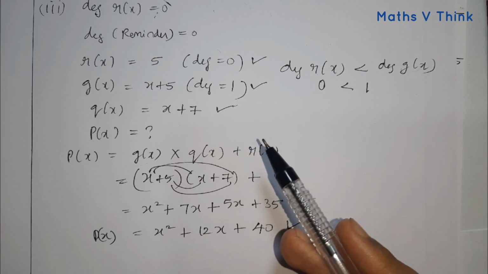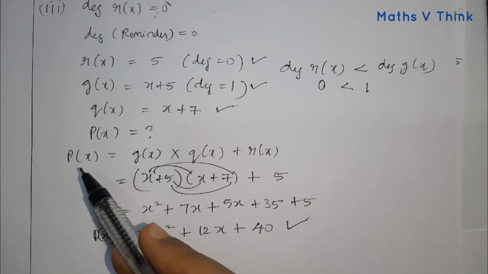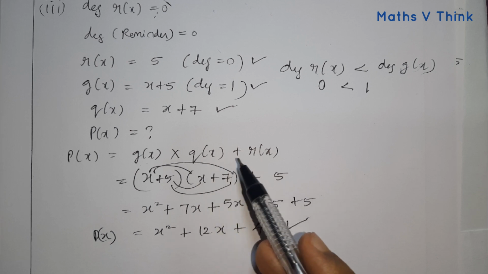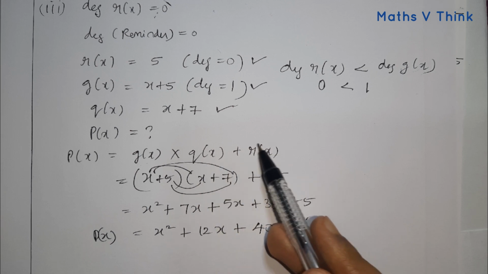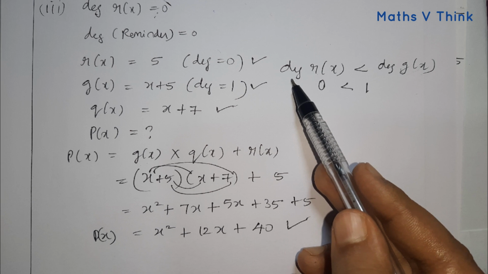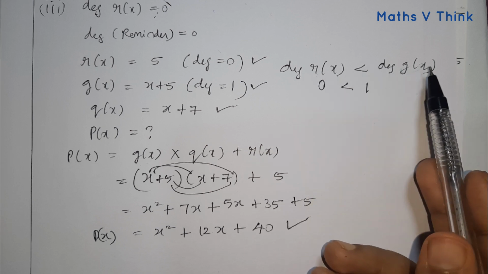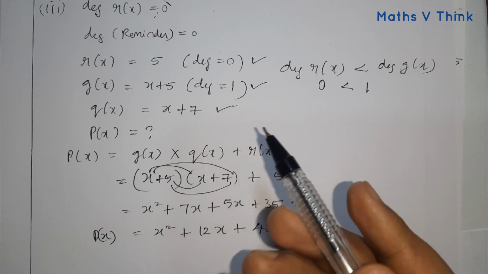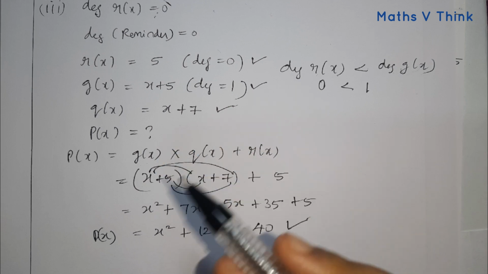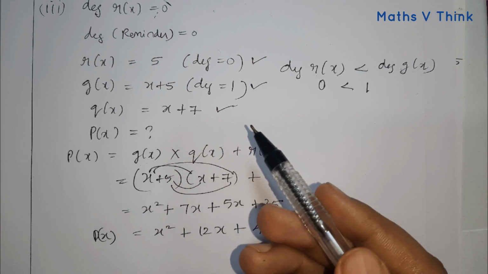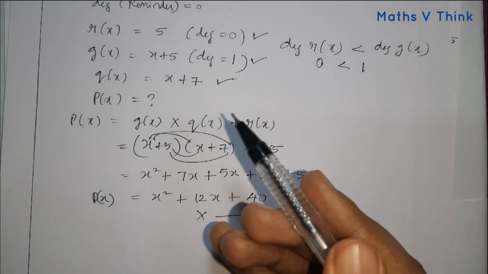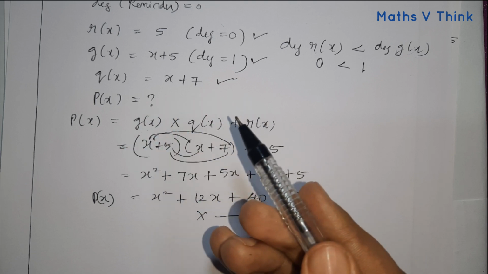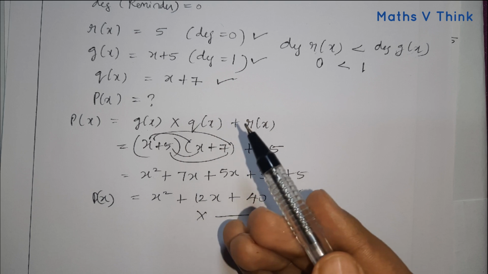So we have learned what is division algorithm. Division algorithm is nothing but p of x is equal to g of x into q of x plus r of x, where r of x can be 0 or its degree is less than degree of g of x. And also we have seen 3 problems in which we have learned how to give examples of p of x, g of x, q of x and r of x. So guys, this exercise completes here. At the end of the conclusion, I will be displaying the formulas and the concepts we discussed today.